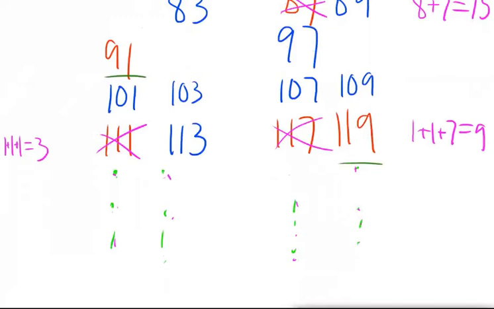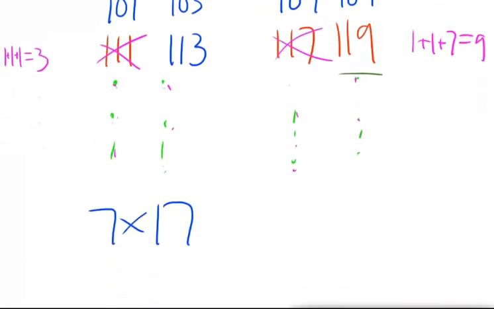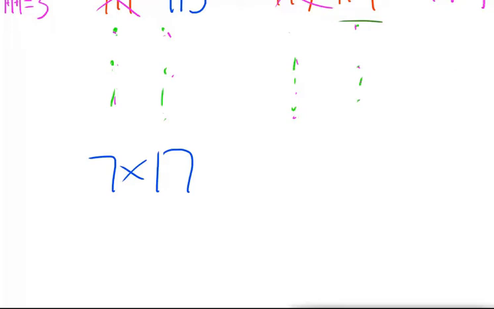Oh, and then 119 I talked about, that's 7 times 17. Yeah, 17 doesn't have an easy divisibility test either. So yeah, we can basically call these numbers that look like primes but are actually composites